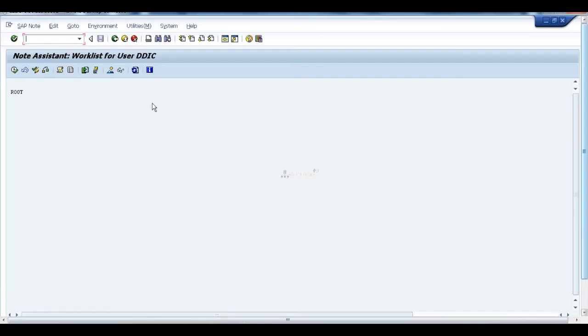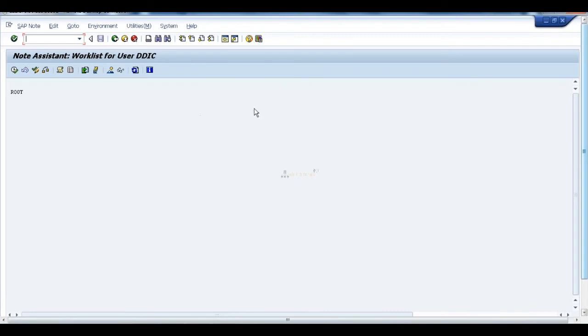Okay. And sometimes if you downloaded an SAP Note that is not correct, not suitable to your system, then it will show you the status cannot be implemented. Whenever you have downloaded, it will show you the status information. Status means whether the SAP Note can be implemented or cannot be implemented.